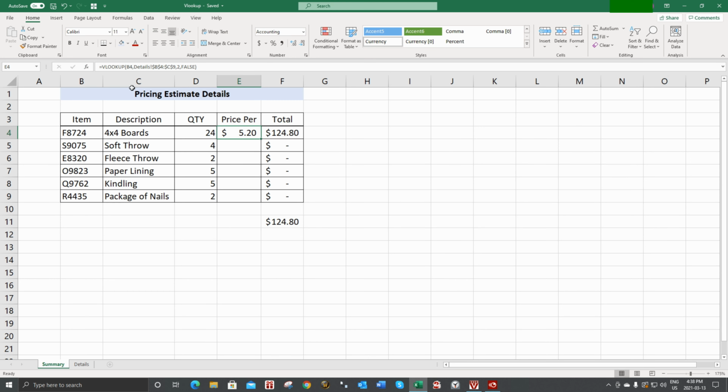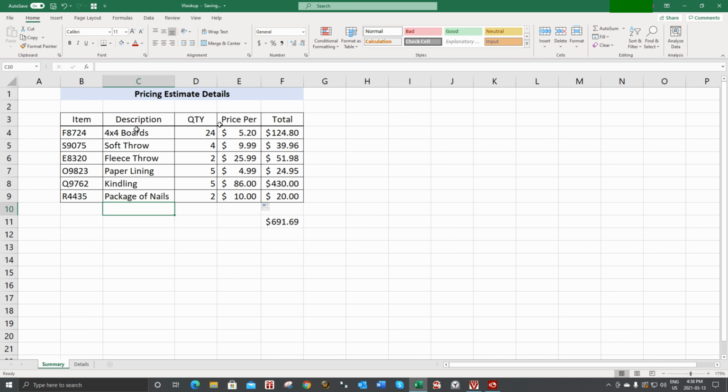Now if you hit OK, your formula will automatically populate, and then we can copy it down just like we did in the manual entry way. Double click, and voila! Now one thing to keep in mind with the VLOOKUP is if this part number was